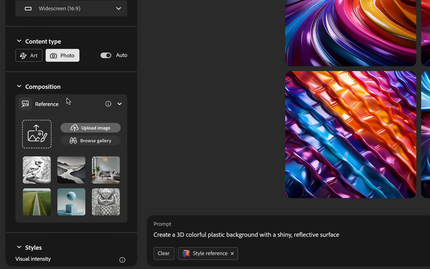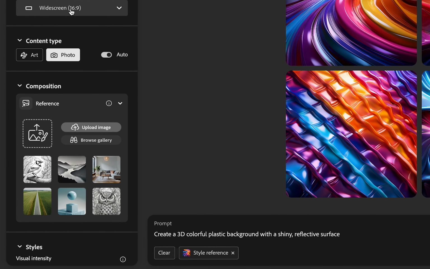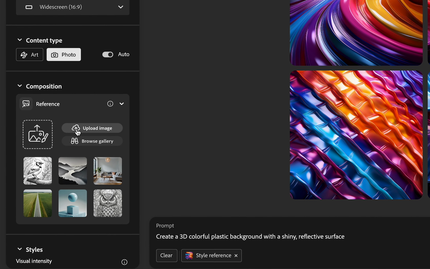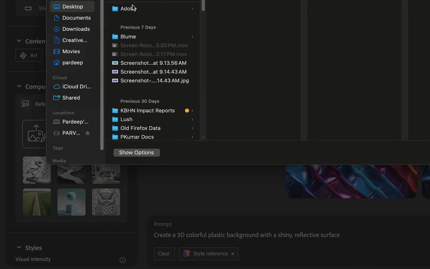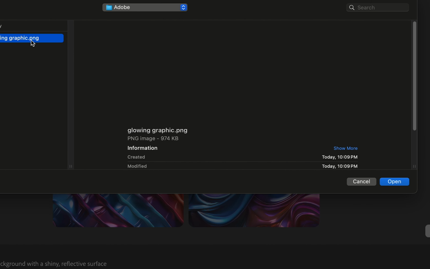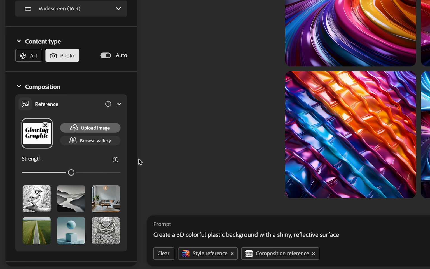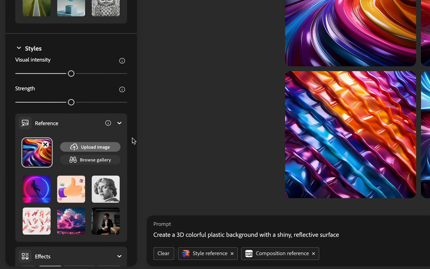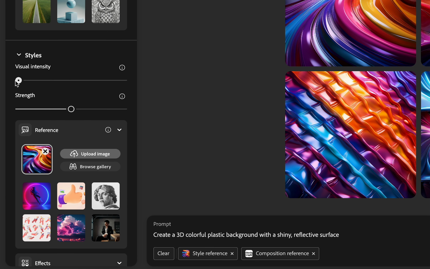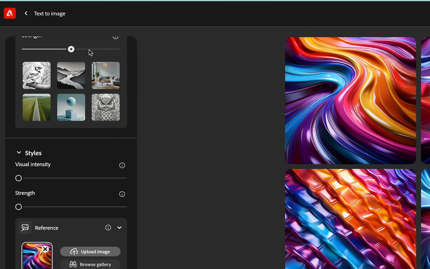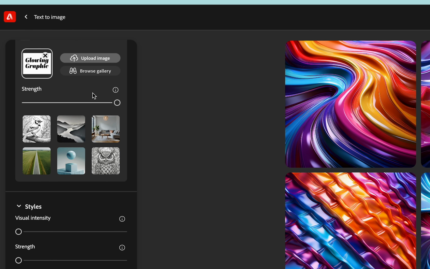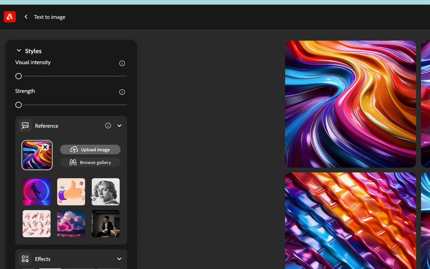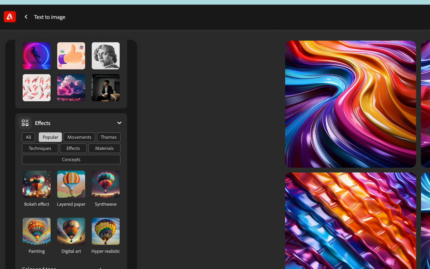You can choose whichever you want. And after that, I'm going to upload the image, the PNG image that we have just created, and it's on our desktop. I'm just quickly going to upload it. And after this, go to styles and decrease the visual intensity and the strength. I'm going to increase the strength of the image, and then go down, and in the effects I'm going to